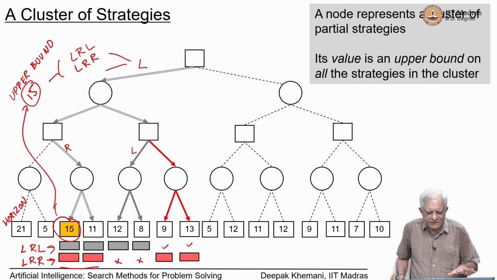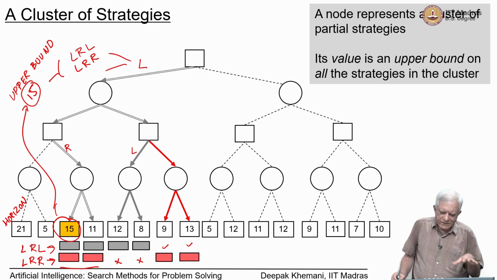And by looking at this, we can see that if we just look at the node 15, it is part of 2 strategies which we have called LRL and LRR, and both those strategies cannot become bigger than 15. So, we work with this idea,